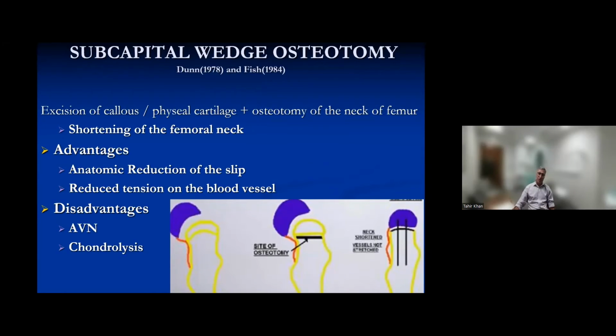So what you want to do, if you're going to do the osteotomy, you want to excise the callus and take out the physeal cartilage. And then you take out the remodeled extra femoral neck, so that you're essentially shortening the femoral neck, but you wouldn't really be shortening it because there was a lot of remodeling going on for the last many weeks and months. Plus, you need to shorten it to take the tension off the posterior or posteromedial